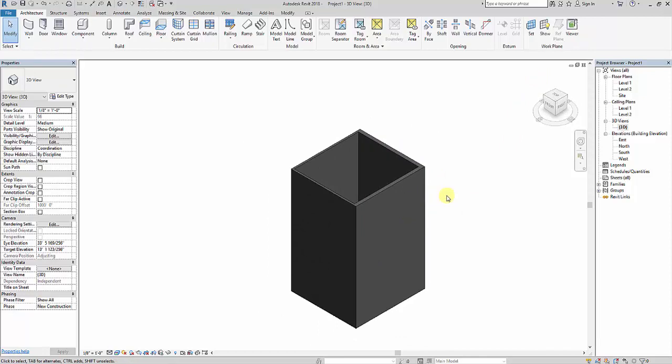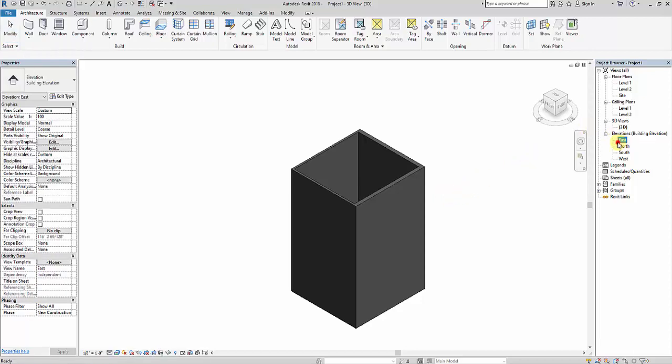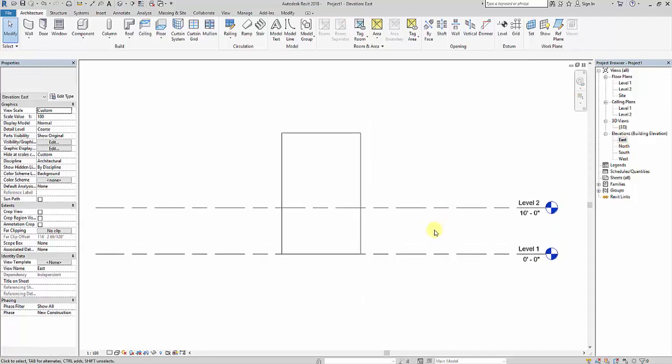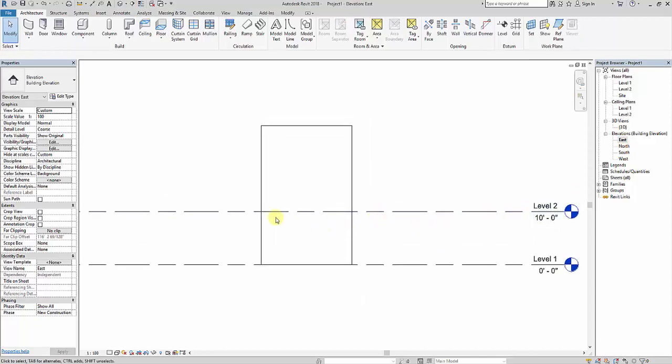Whenever you are placing any wall, the walls come by default at some height, nearly 20 to 25 feet. But I don't need such a height for the wall. So I need to change the height of the wall now. Let me go to the elevation. Here you can see my level 2 is at 10 feet. So I exactly need the wall up to 10 feet.